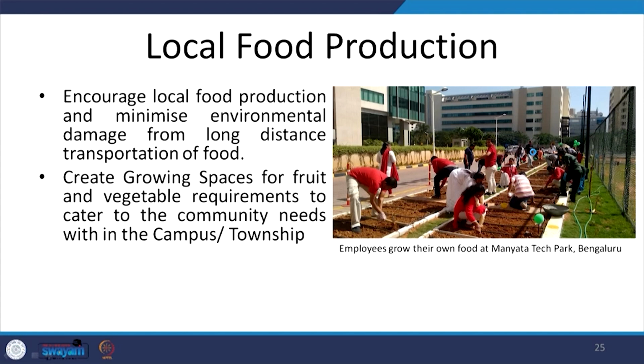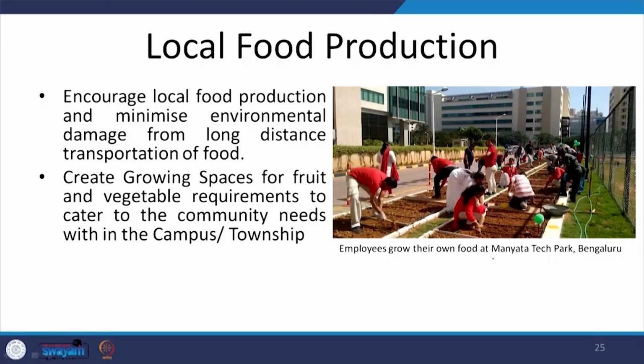Unfortunately, food production and the provision of food to the communities is not even counted as a measure, as a parameter which we need to think about in sustainable architecture, sustainable built environment. However, it is a very crucial parameter, because it consumes a lot of energy, not just for production but for transportation of food. So, if in large developments local food production can be incorporated, so where there are large campuses,